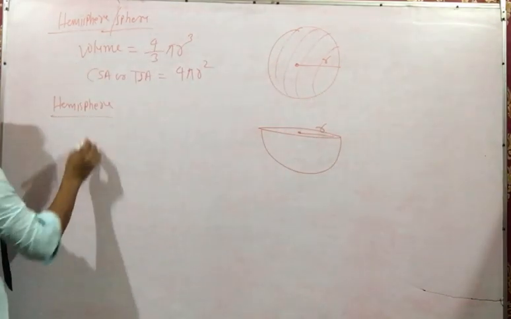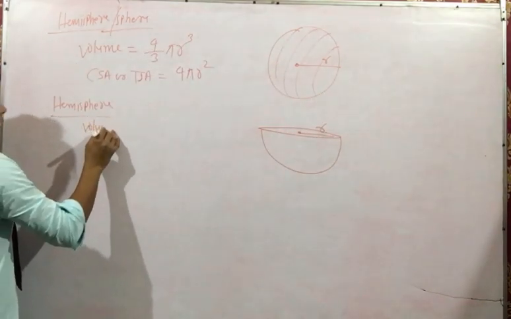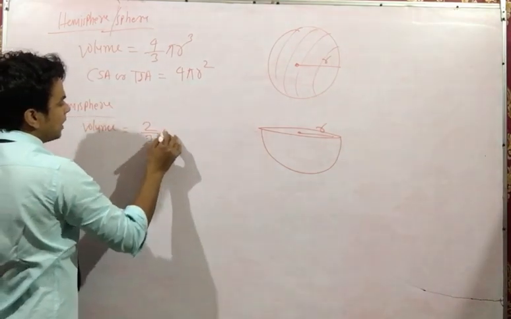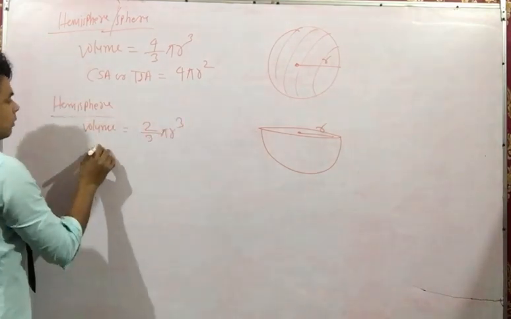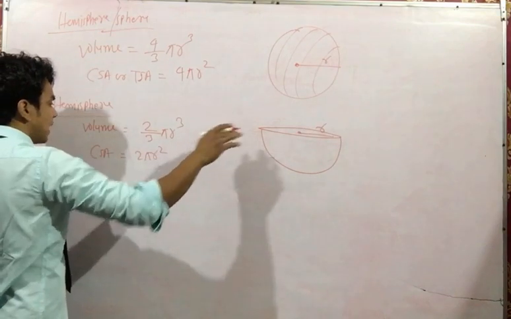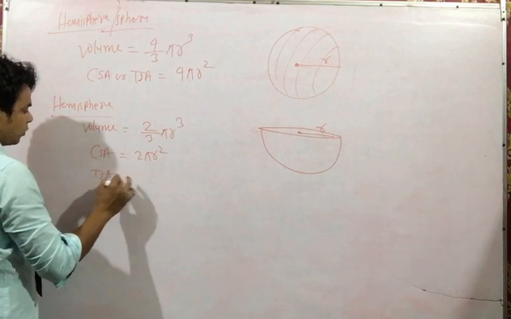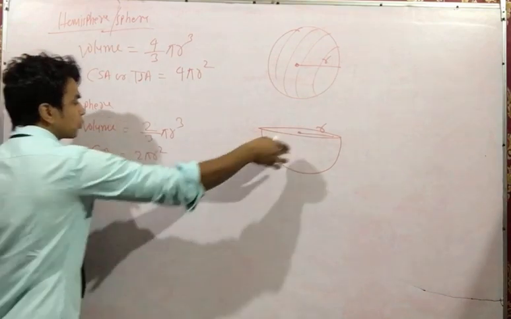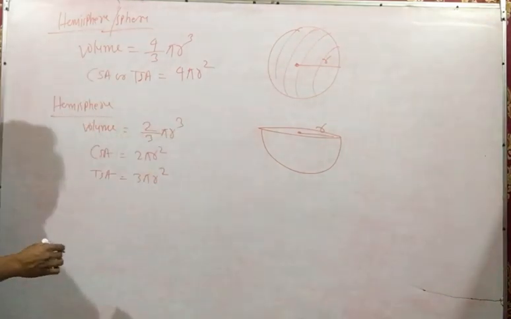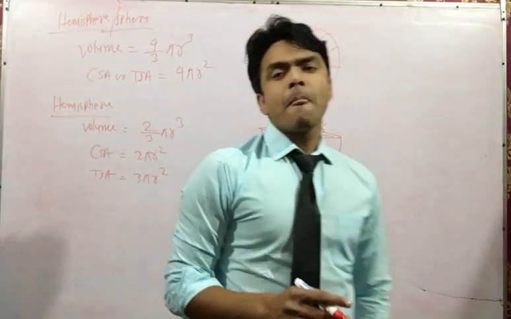First of all, find the volume. Volume will be how much? Just half of this, so 2 by 3 pi r cube. And what is CSA? It is 2 pi r square. Because there is a flat surface, find the TSA also. TSA will be 2 pi r square plus the flat surface, which is pi r square. It is 3 pi r square. So this is all about a sphere and